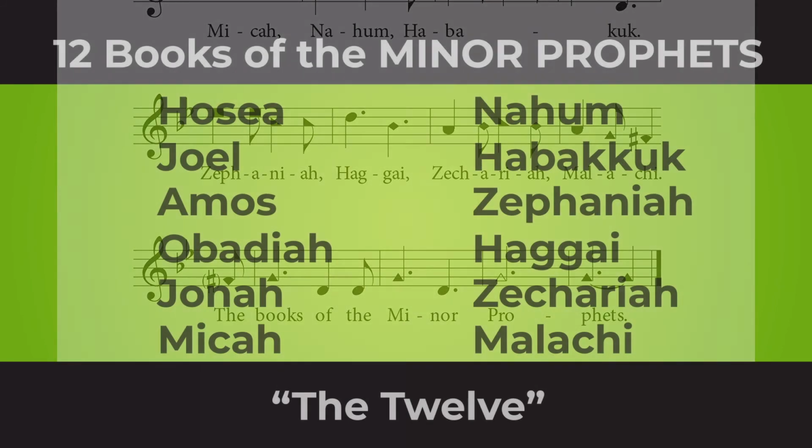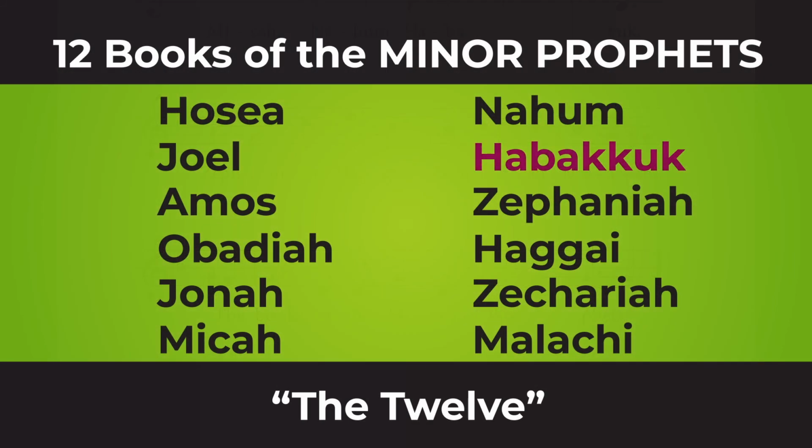I want to say a couple words about pronunciation. The book of Habakkuk kind of gets special treatment in the song, but it's simply pronounced Habakkuk. And Haggai is just a two-syllable word, not Haggai, Haggai. Let me tell you about the minor prophets. They may be short, but they really pack a punch. These prophets of God spoke powerful messages to God's people.